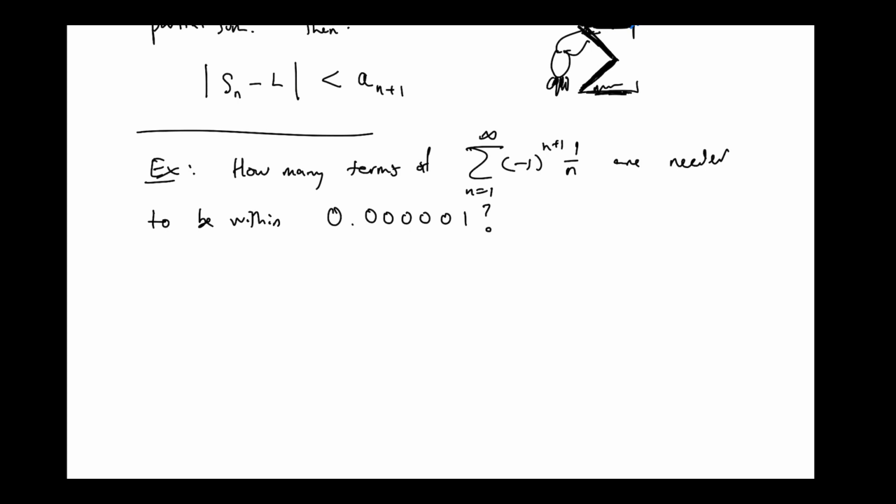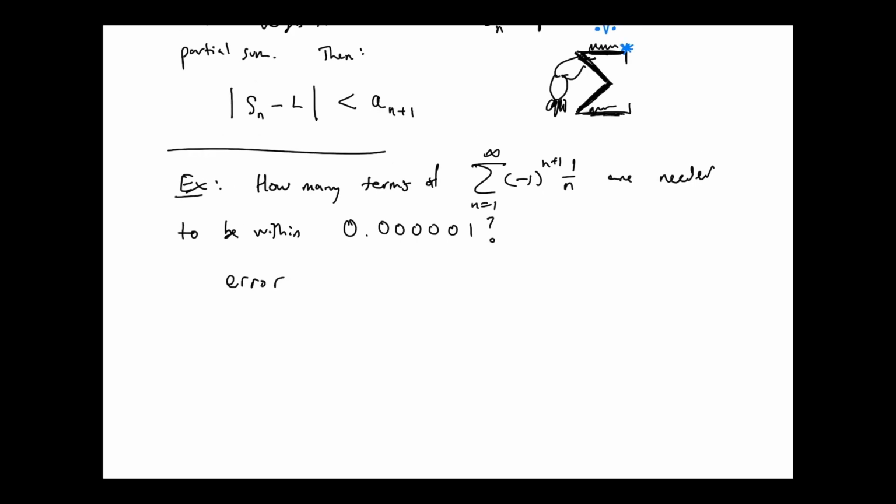Right, so what's my error? Error is less than, if I'm going out to the millionth term, well, what is the error? It's 1 over whatever the term I leave off is, right? And I want that to be less than,